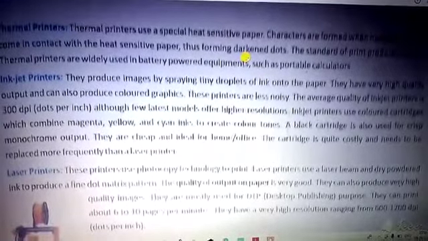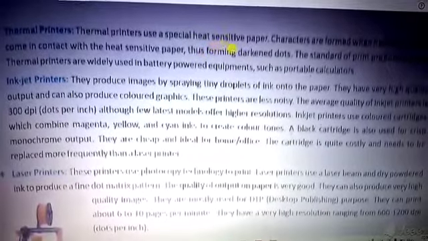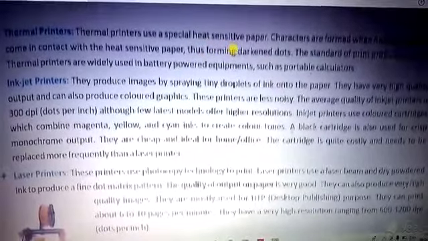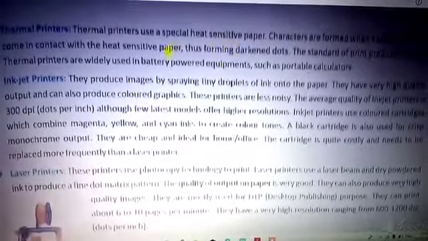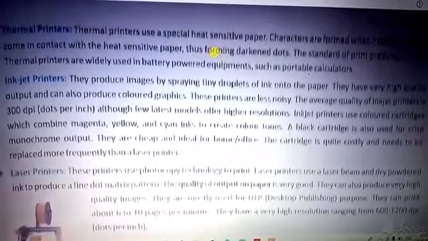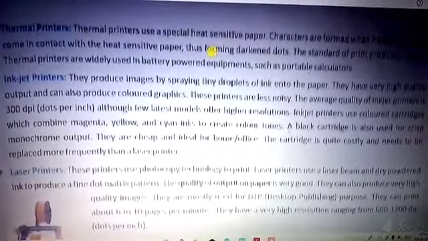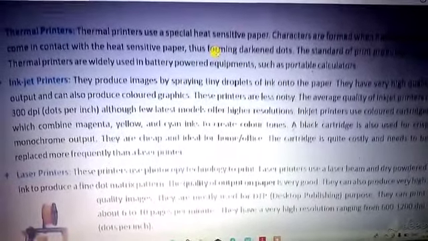That is the hard copy output. It is a very expensive printer, and in locations where the temperature is very low, like a freezing point, the thermal printer is mostly used, because its printing mechanism uses heat sensitive paper.